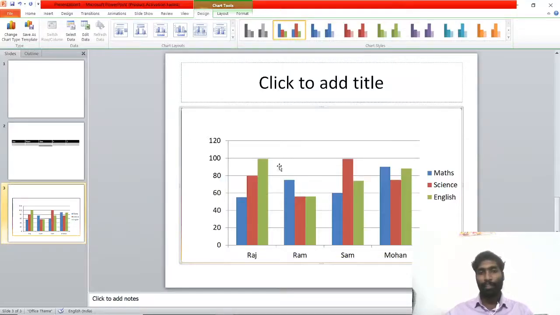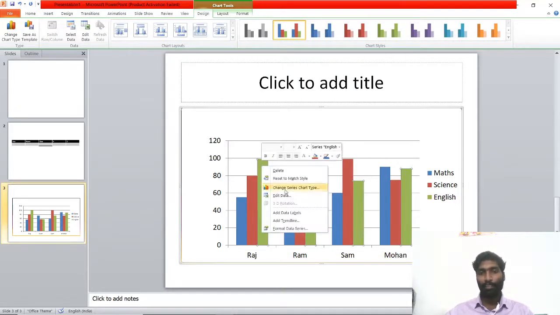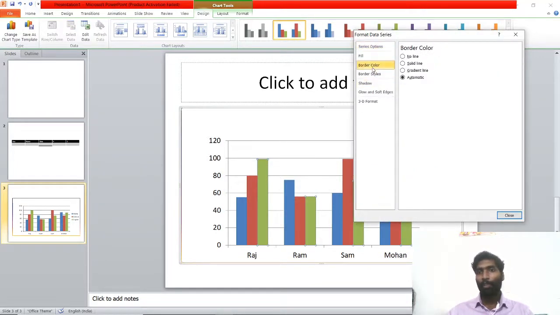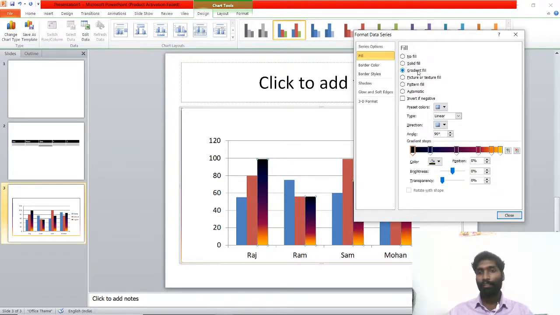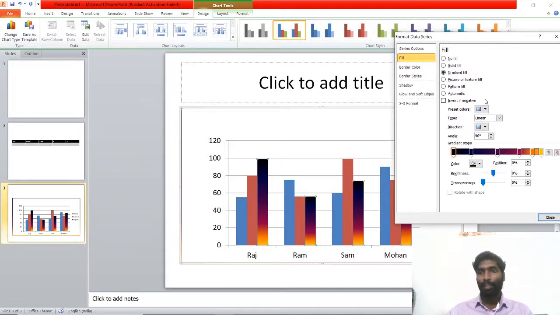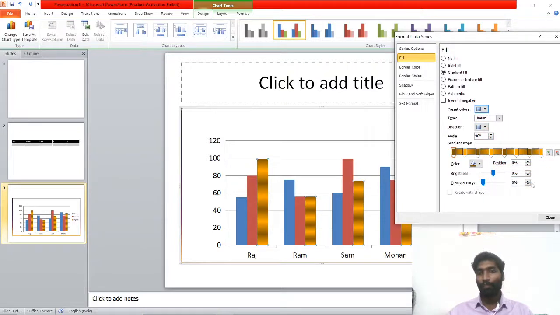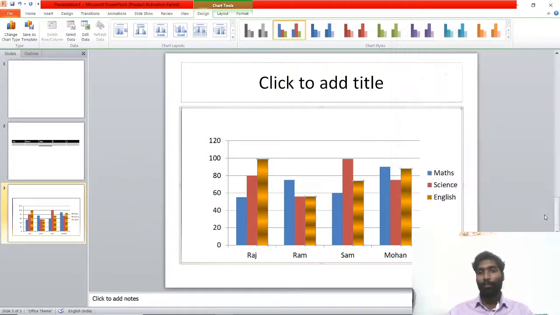so it is better we change here. Just right click, format data series. Now you can select border color or fill color, gradient, see here the color changed automatically. If I select any other color, can you see the changes? This is a format.